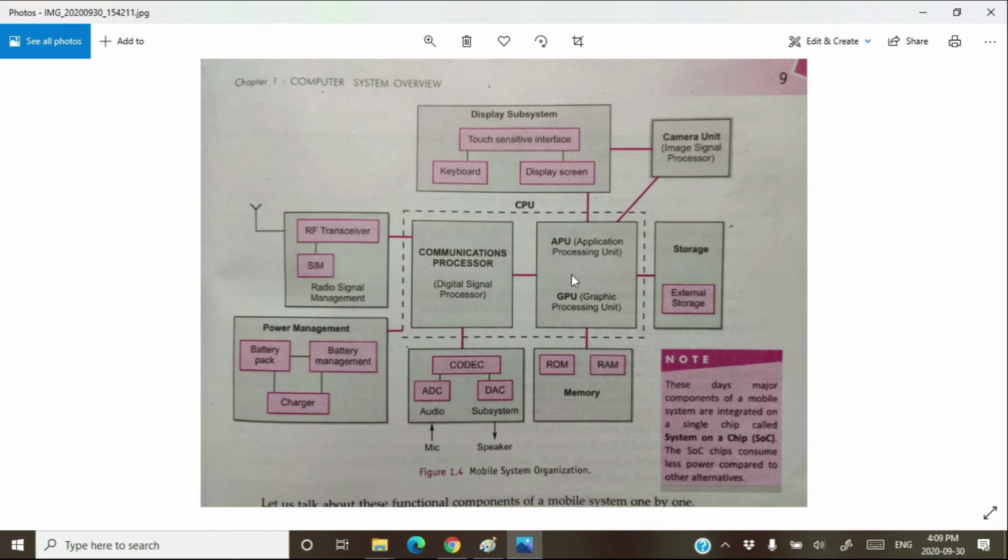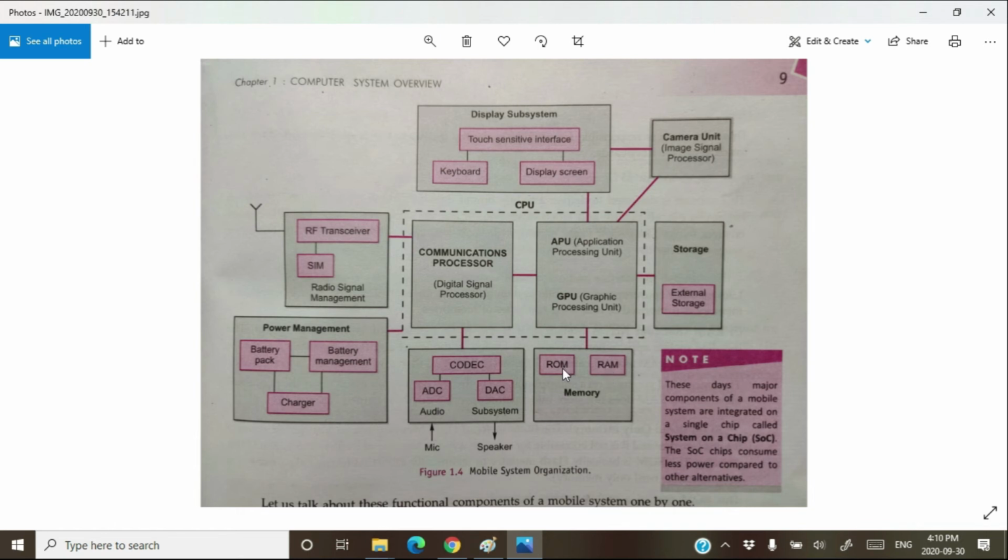Now again coming to the APU GPU combination. The APU GPU unit is connected to the memory. The memory is of two types, ROM and RAM. But here the ROM is somewhat different from what you have studied in the computer organization part. Therefore, the memory has two parts, ROM and RAM. The RAM is similar to what you have studied in the computer organization part. All the applications and all the data which are going to be executed on the CPU must be present in the RAM for execution. Otherwise, it will not work.